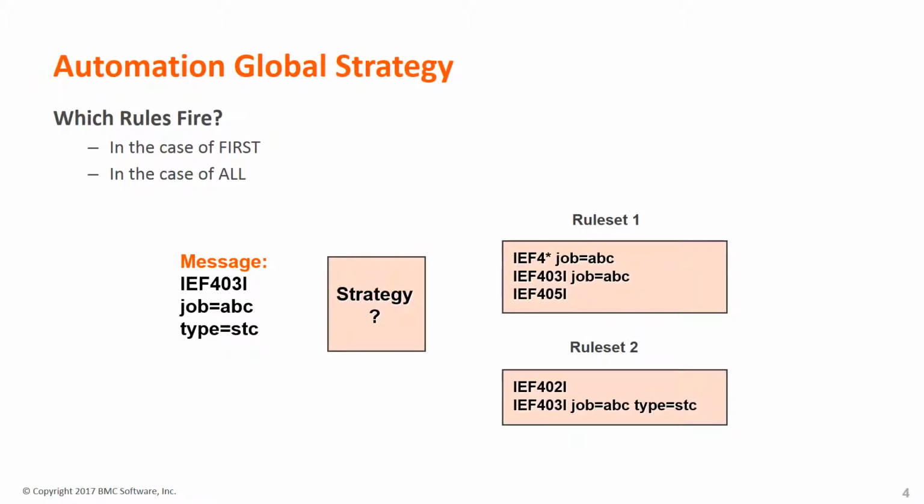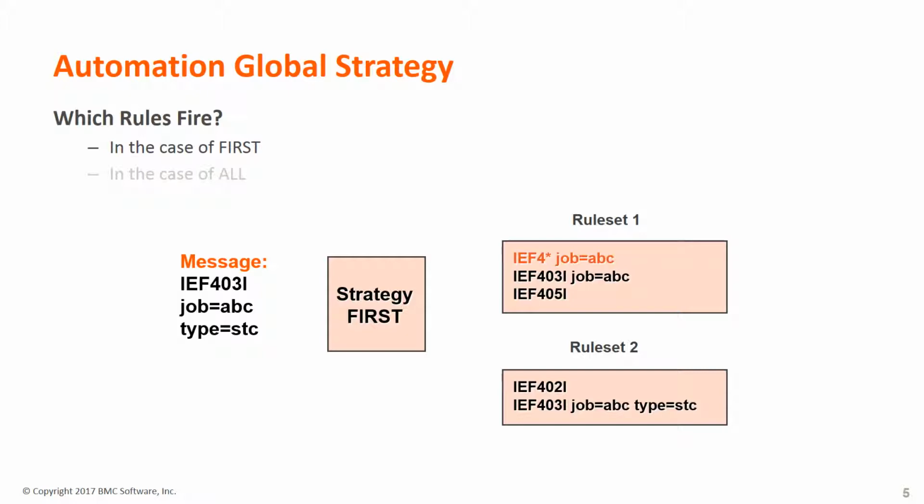Let's consider how these automation strategies impact the execution of our rules. So here you can see we have a message, IEF 403I, with the job name of ABC and a type of STC. Over on the right, you can see we have a series of rules in 2 different rule sets. So we're going to take a look at this. If our strategy is first, what's going to happen is Auto Operator is going to begin with the first rule in rule set 1. Well, in this case, it happens to match the message. So at that point, Auto Operator stops scanning the rule sets and executes whatever the action criteria is for that